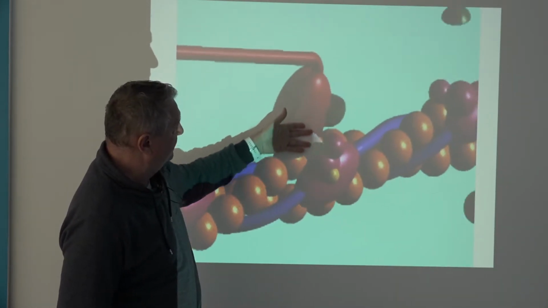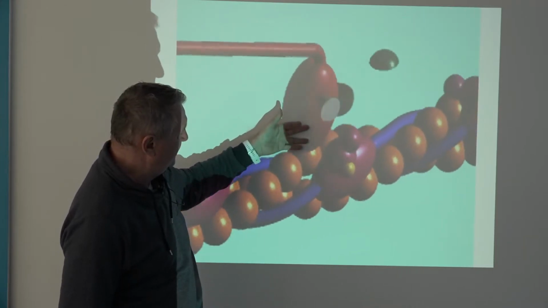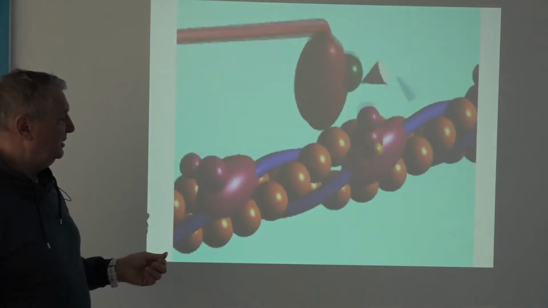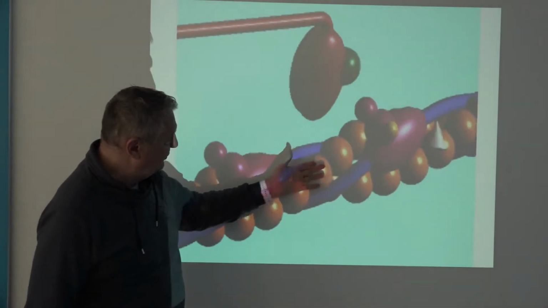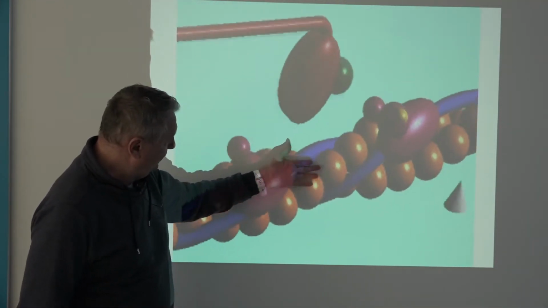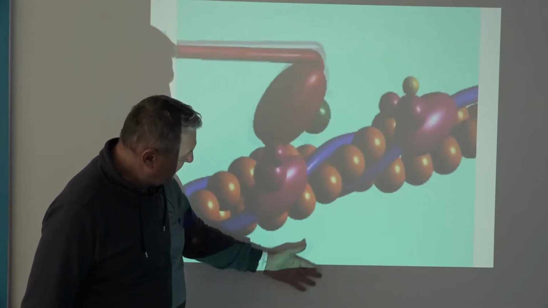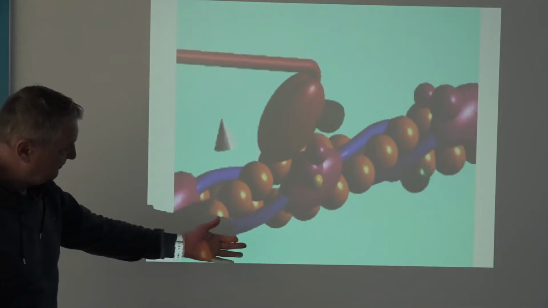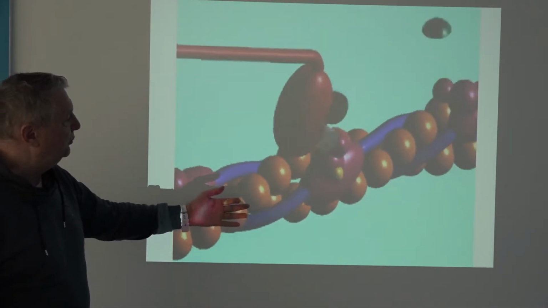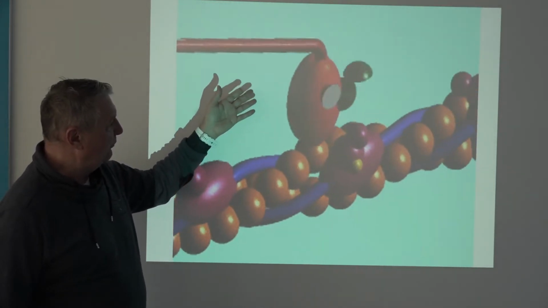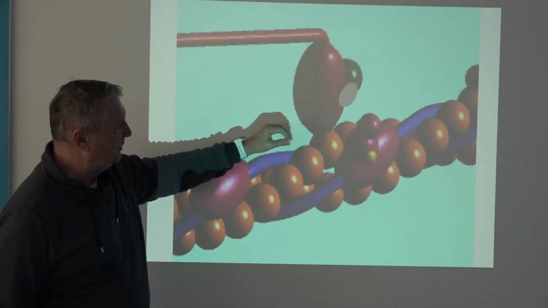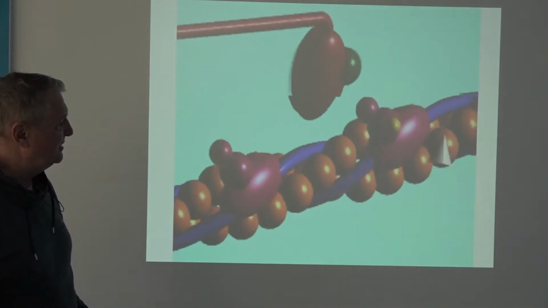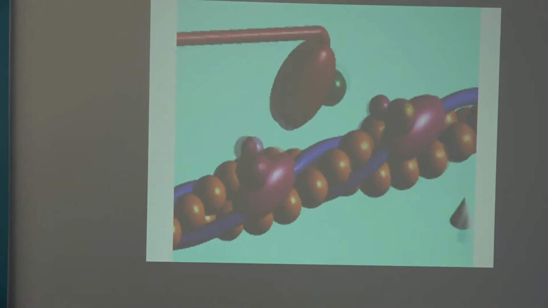Every attachment of the myosin heavy chain here on the actin needs energy, needs ATP. And then you can see the red ball from the troponin, which is calcium, then has to go back to the sarcoplasmic reticulum. This is what we cannot see here, to have a relaxation. So we have contraction when we get an attachment of the myosin heavy chain, and when there is no attachment, this is the relaxed state of the sarcomere. So I go back to the earlier